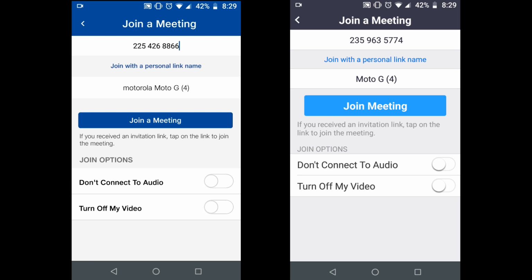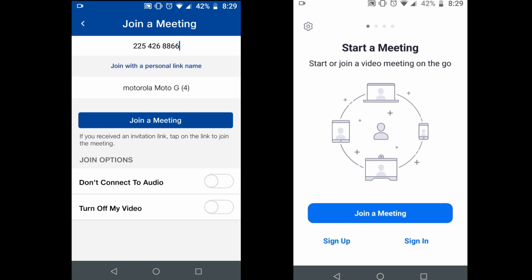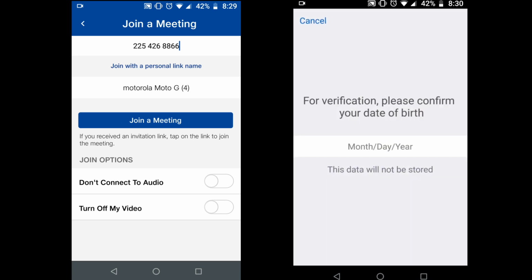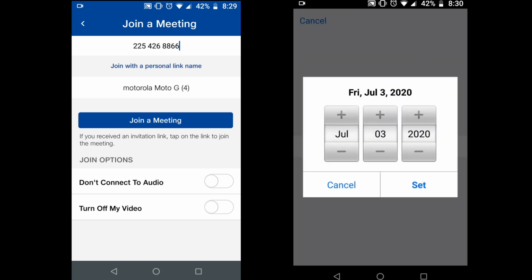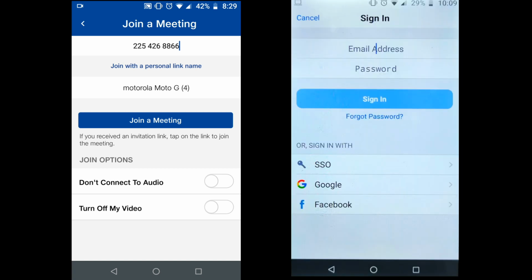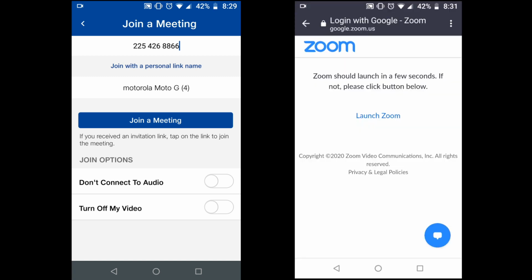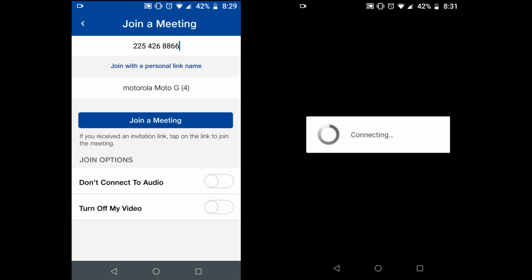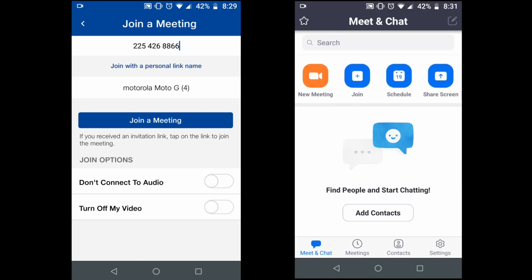Let's get back to Zoom now. In Zoom, let's see the first option, that is sign up. Okay, they're asking for verification, date of birth and stuff. I won't do the sign up part. Let's come back and get started with the sign in. The best feature of Zoom is that it has Google and Facebook for sign in. Google is the best. I just clicked on Google, so it's automatically signing in through my Google account. This is a very good feature. It saves a lot of time.